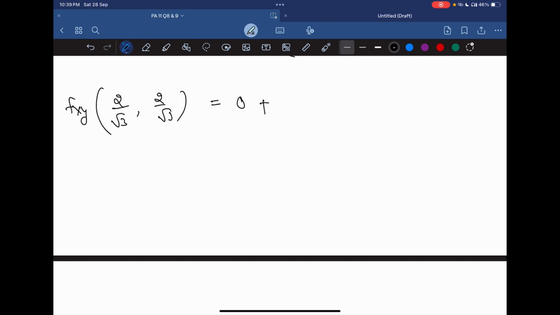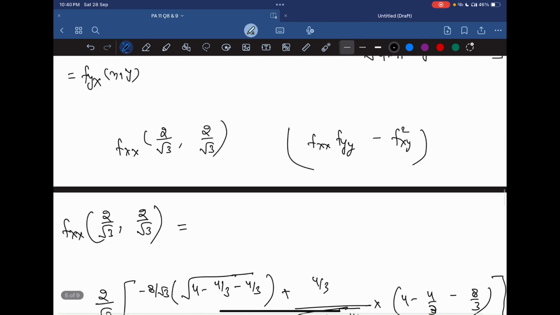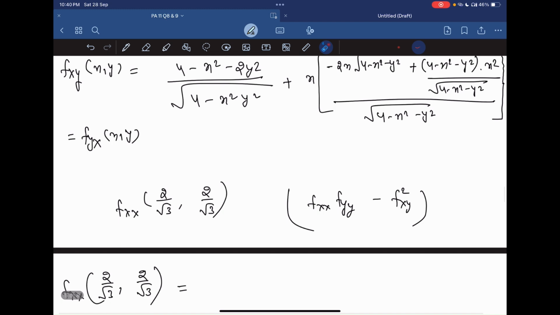0 plus 2 by root 3 into 3 by 4 minus 4 by root 3 into root 4 by 3. So this would become root 3 by 2 into minus 8 by 3 root 3, that is minus 4 by 3. So if we try finding this value here,